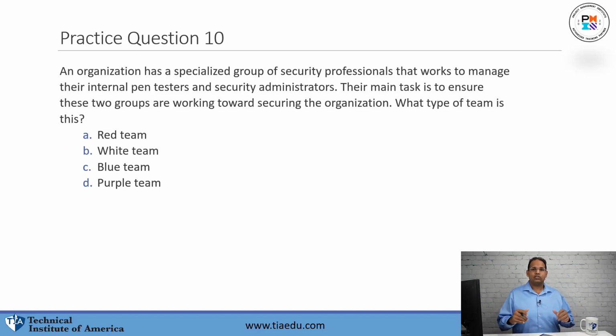And finally, question number 10. An organization has a specialized group of security professionals that works to manage their internal pen testers and security administrators. Their main task is to ensure that these two groups are working towards securing the organization. What type of team is this? Red team, white team, blue team, or purple team? The answer here, guys, is going to be